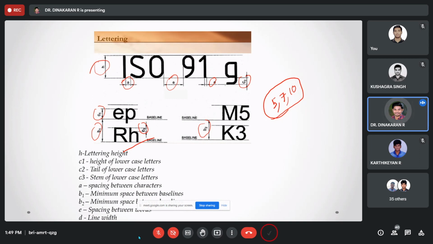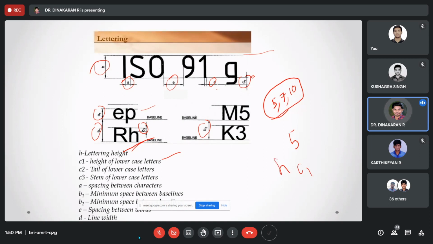C1, where is C1? H is the capital letter lettering height. Another, C1, what did they mention? Height of lowercase letter. You see, the height H is different and lowercase C1 is different. They will give only 5 mm, which means you need to calculate the C1 value from the H value.